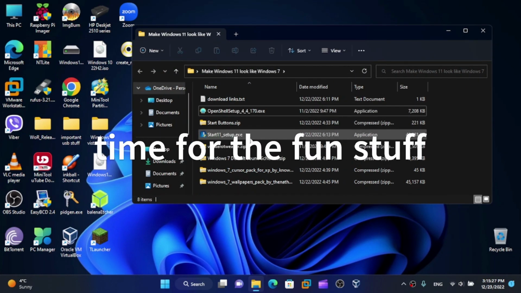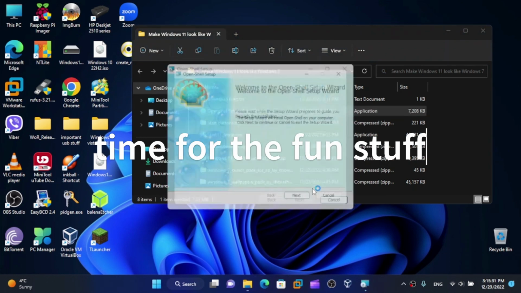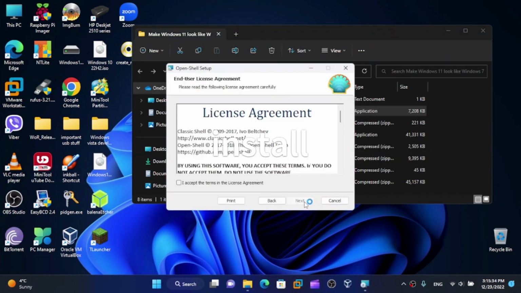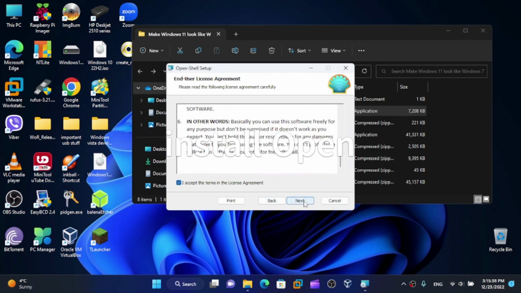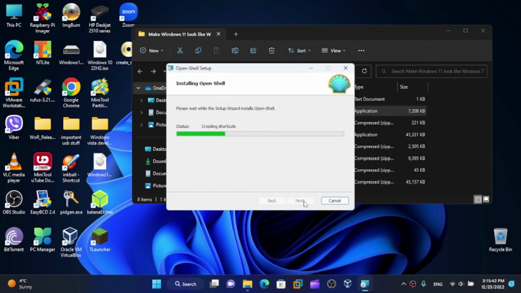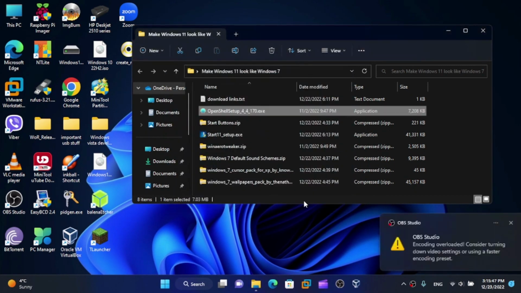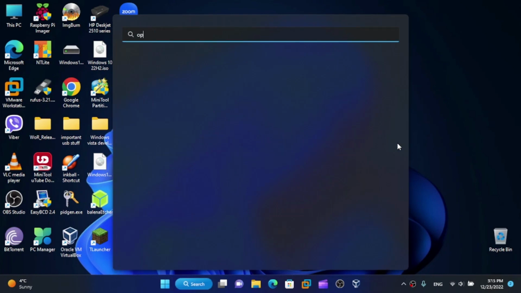And now first we can install OpenShell to make the start menu here. Click on next. Just read all those license terms and click on accept, click on next, next, and install. Yes, I'm going to finish. And now, here if I just open up, I can just type open